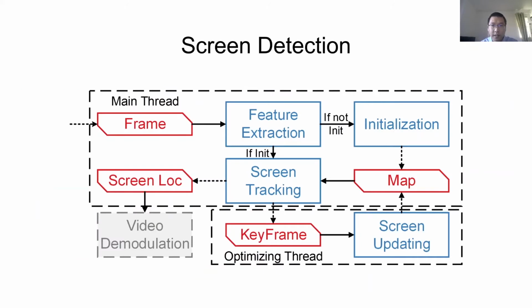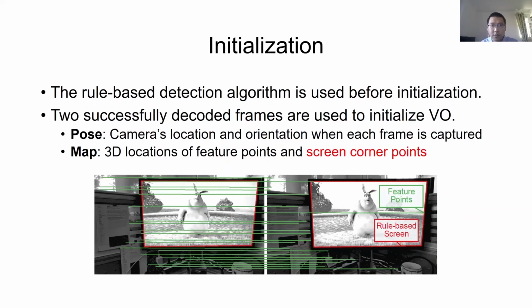First, the screen detection process of AIRCODE follows the standard process of visual odometry, yet with an extra function for screen tracking. First of all, upon receiving a new frame, AIRCODE extracts visual features from it. If the visual odometry has not been initialized, AIRCODE uses the rule-based algorithm to detect the screen and decode the data. It then selects two successfully decoded frames to initialize the visual odometry, that is, to estimate the camera pose